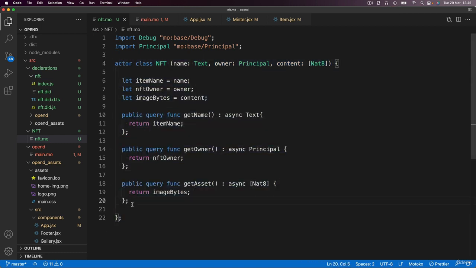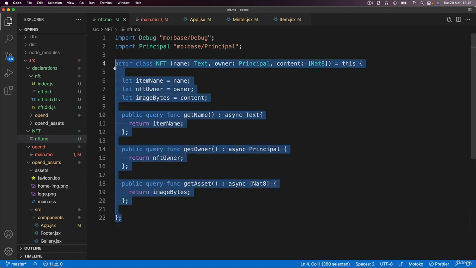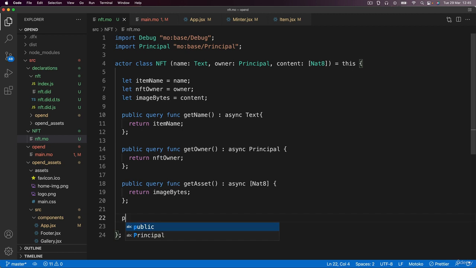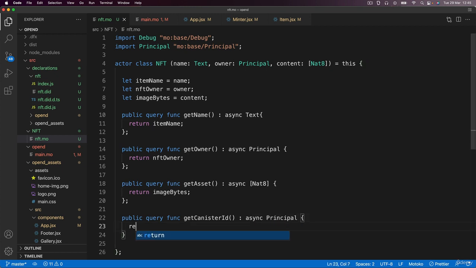But at the moment, there's no easy way of getting hold of the canister ID of a newly minted NFT. So the easiest way to do this is to bind the this keyword to this actor class. So this now represents this entire actor class, and we can create a public query function which is going to allow us to get hold of the canister ID. So I'm going to call it getCanisterID and return asynchronously a principal. And what we're going to return is going to be the principal of this actor class, and we can get hold of it through the